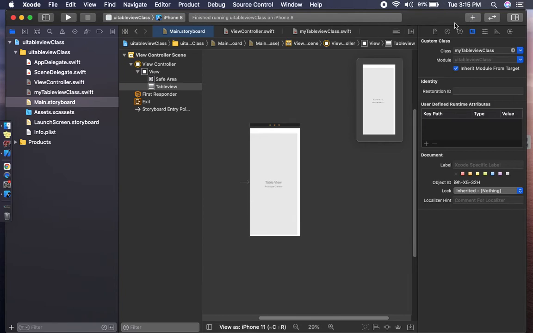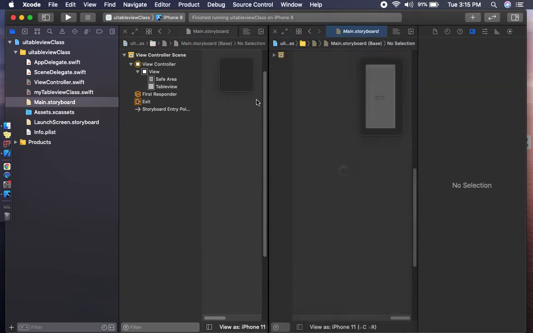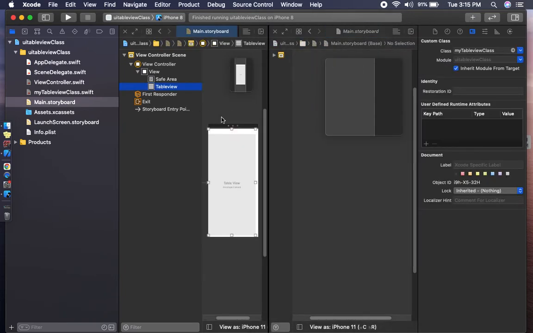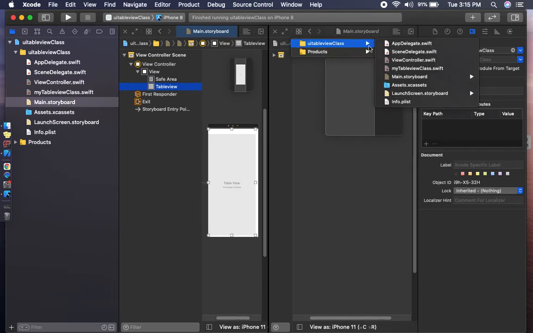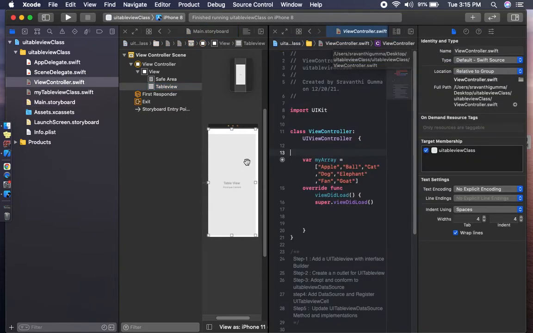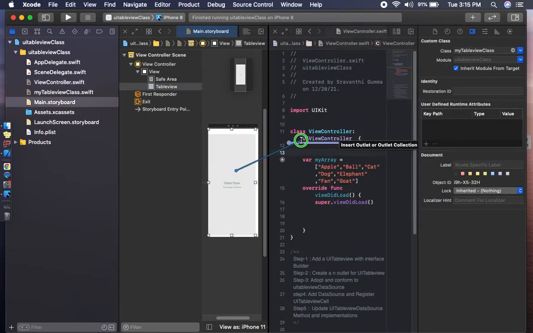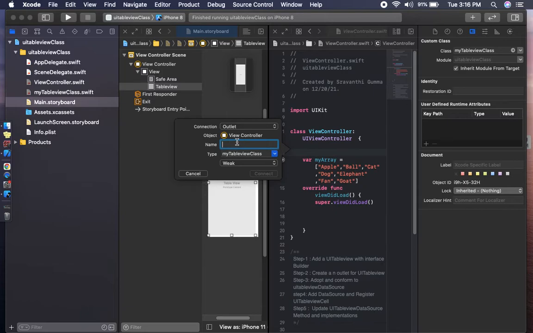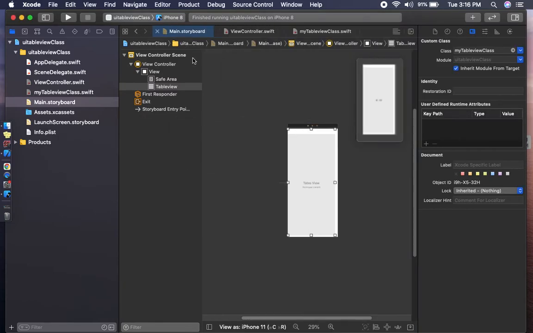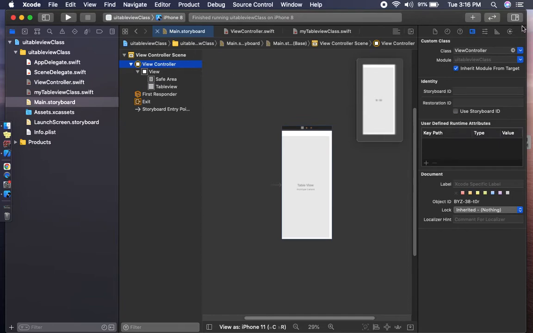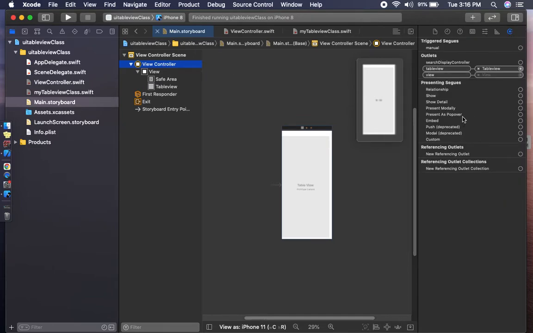Then after that we have to give the outlet connection to the UI table view. We have to remove any previous connection that is there.